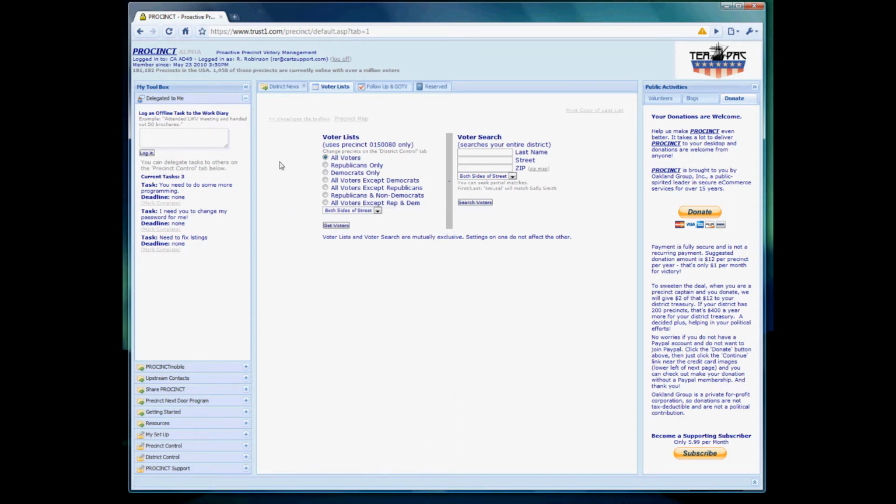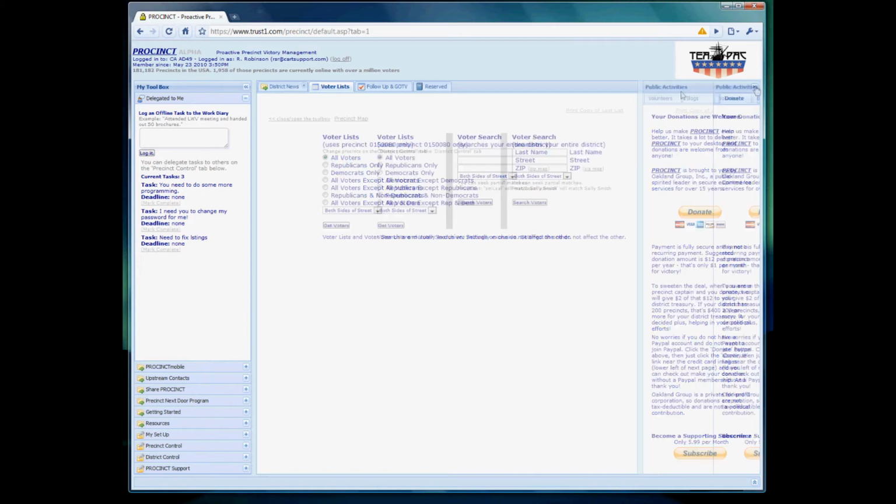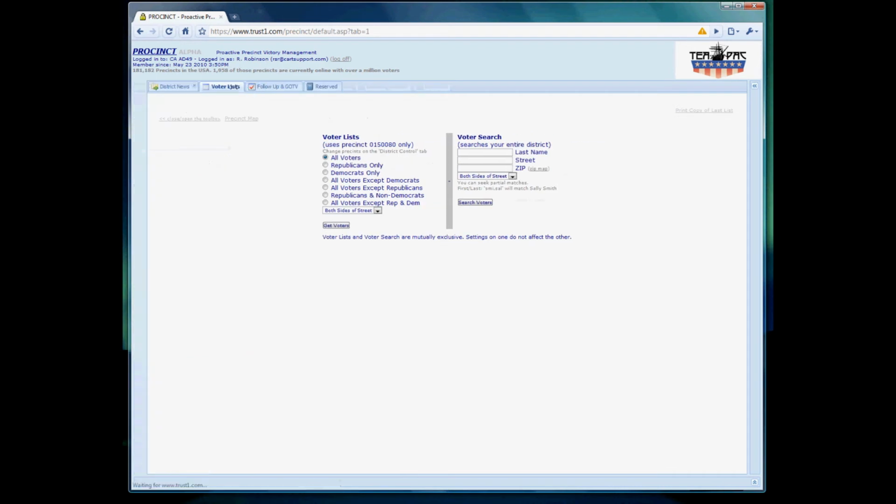Most of us aren't going to walk our entire precinct in one day. So the way I recommend that you use PROCINCT is to simply type in the street name of the street you want to use. Now we're going to close these side windows when we get a voters list because we'll need it to see everything that we've done here. And tomorrow I'm going to walk